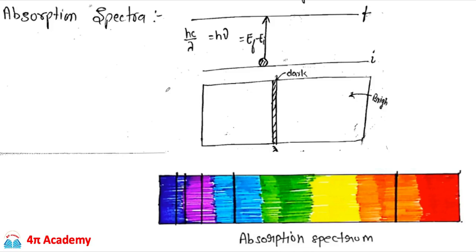So the absorption spectra is something like this. Suppose the energy of the electron in the ground state is EI, and when it absorbs some sort of light and reaches the final state, known as EF, the difference in energy, delta E, which is EF minus EI, is equal to h nu. From this change in energy we can find the change in wavelength, and this wavelength we generally observe in the visible light spectrum, and you can see that there are some dark lines